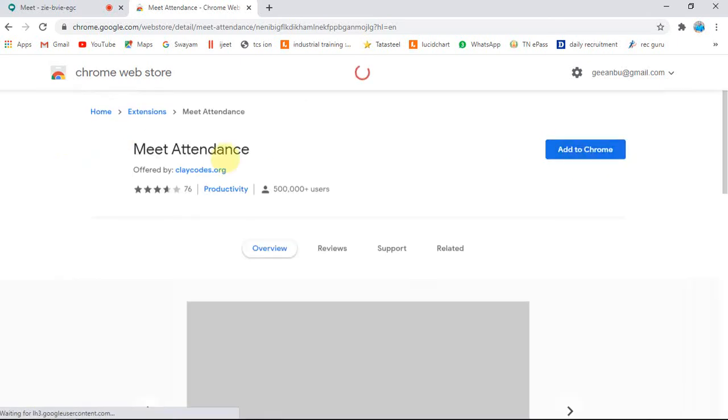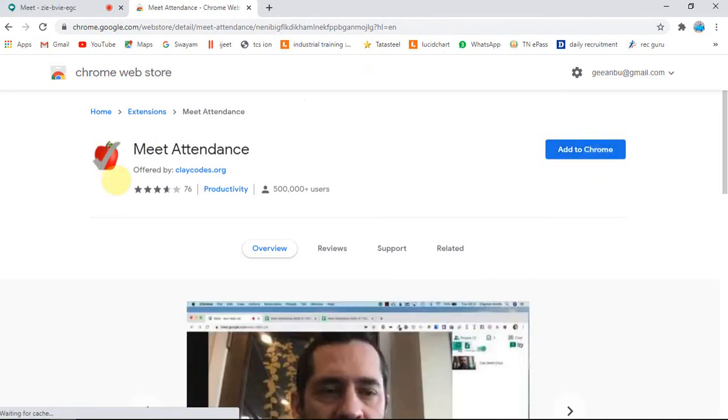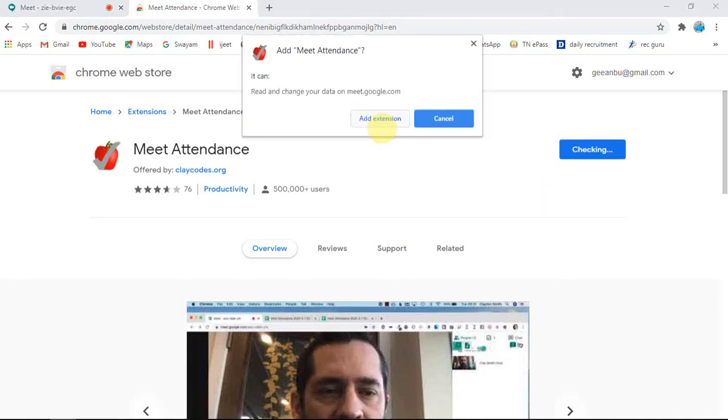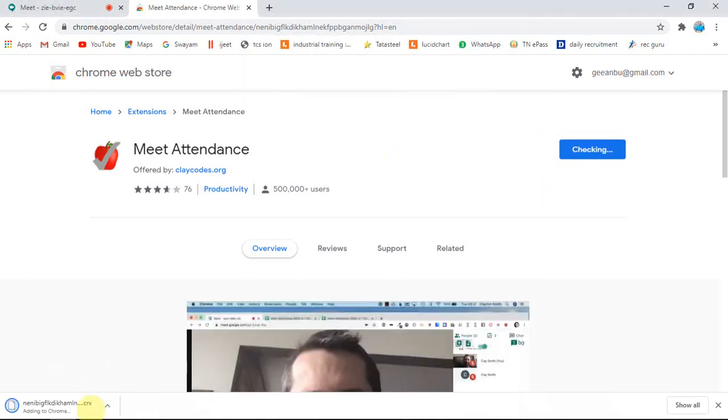Now add this Meet Attendance to your Chrome by clicking this Add to Chrome. The symbol here is an apple with a tick mark. So you just add to Chrome, then add extension. Your file will be downloaded and it will get added to your Chrome.